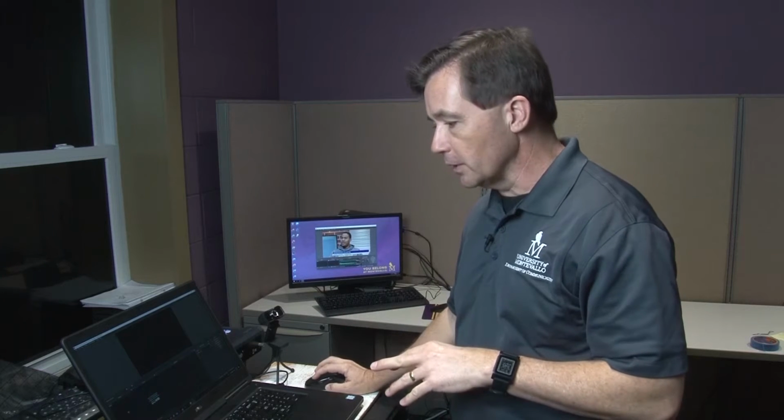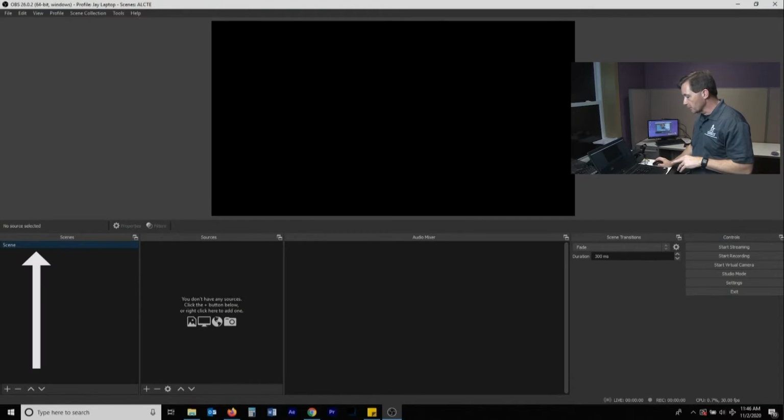Okay, so here we go with the next section where I want to talk about scenes. How do you control scenes and how do you set up scenes? So I've reset my interface, so just kind of start from scratch with this. And you can see I've got my blank default scene. You see it says you don't have any sources before, so I can right click and do add, or I